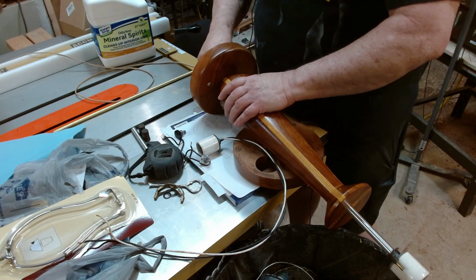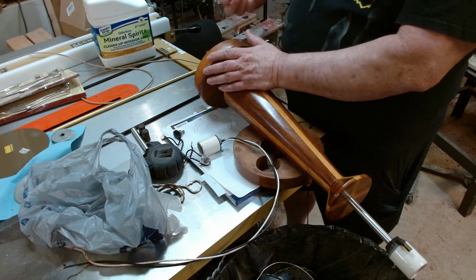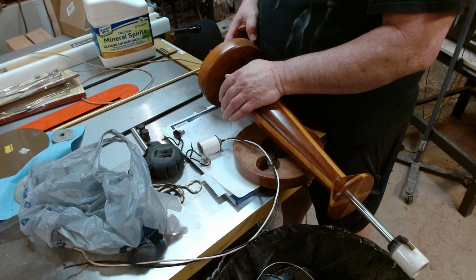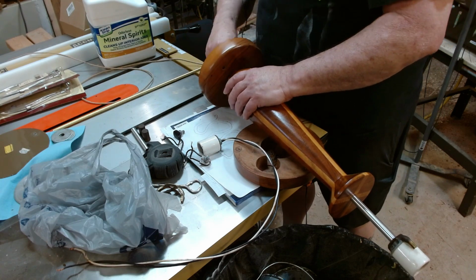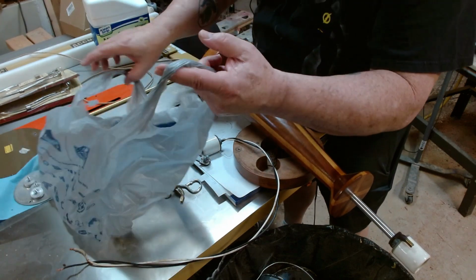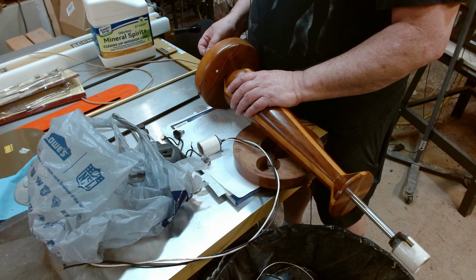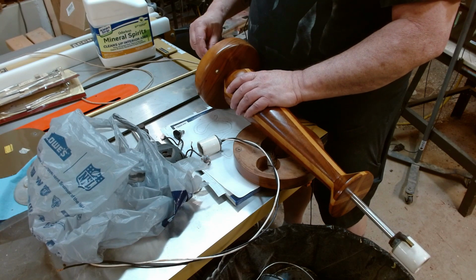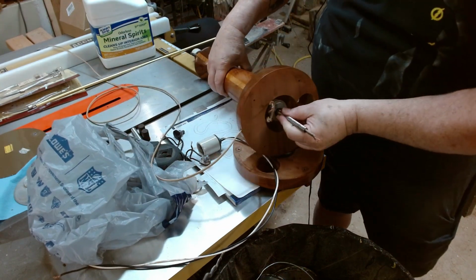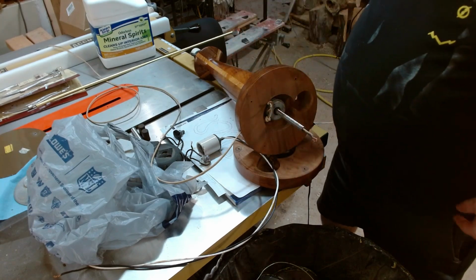So I need to mark this. In case you're wondering why they had these big washers down in there, it's to add weight, to make this a little bit heavier on the bottom. So basically what I'm doing here is, well, I'll turn this around in a minute and I'll show you. Okay, so what I did was I screwed this down to the tops of the washers, and now I need